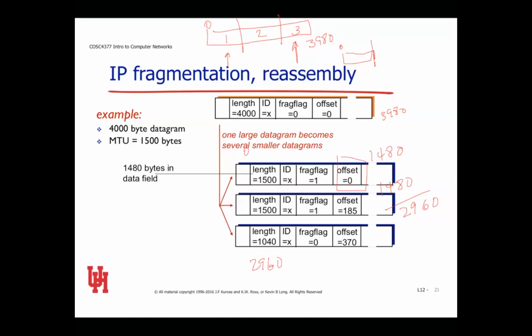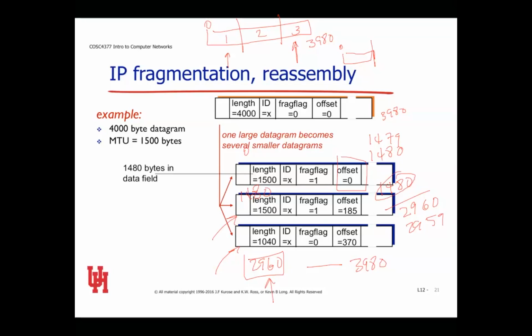So this went from 0 to 1479. This went from 1480 to 2959, and this goes from 2960 to 3980. And that's how the numbers work out. So I need to label this packet that it starts with this one, and I need to label this packet that it starts with